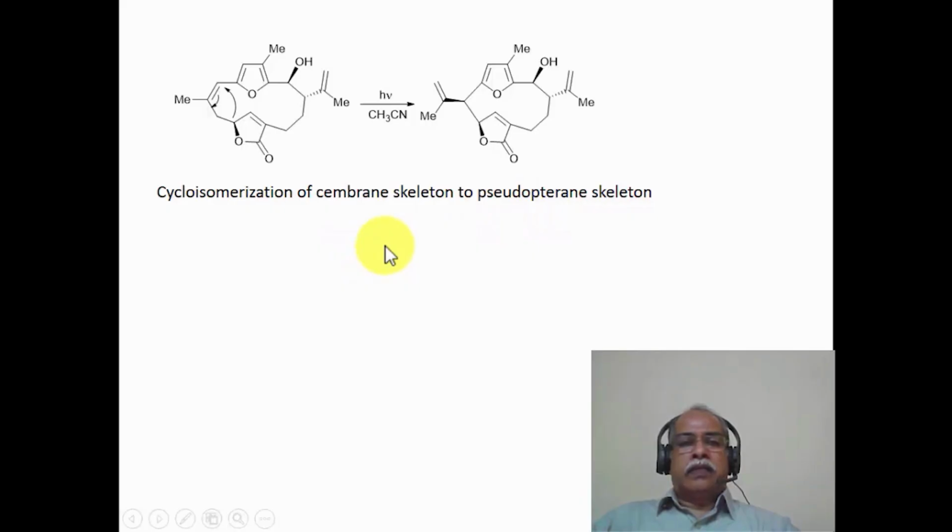This is a cycloisomerization of one particular terpenoid skeleton to another terpenoid skeleton. In this, the rearranged skeleton is this particular skeleton, and the pseudoterrane skeleton is this particular skeleton. The migration is very clearly shown to be the breaking of this carbon-carbon bond with the migration over here, resulting in the formation of a hexamethylene compound, which is this particular one. Under photochemical condition, this is a suprafacial 1,3 migration that is taking place,